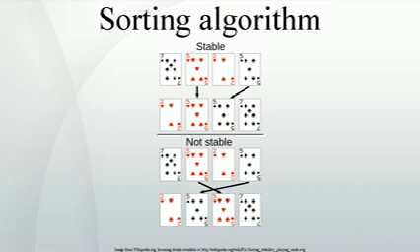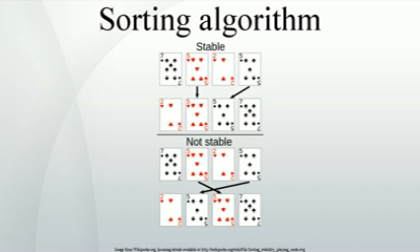Radix sort. Radix sort is an algorithm that sorts numbers by processing individual digits. Numbers consisting of k digits each are sorted in O(nk) time. Radix sort can process digits of each number either starting from the least significant digit, LSD, or starting from the